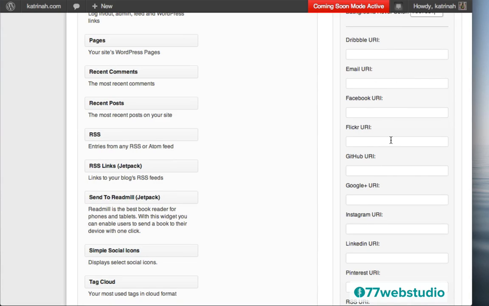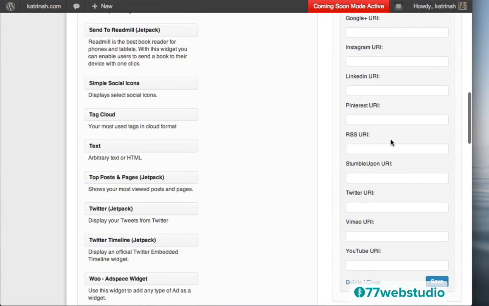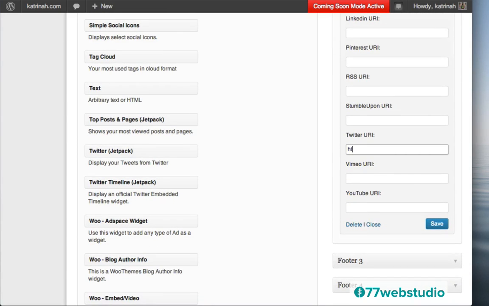And then down below you want to add all the different URLs of the different social networks that you want to feature in the footer. So I think I would like to feature, for example, Twitter. So I'll add Twitter here. And I'd also like to feature YouTube, so I will add YouTube as well. And note that the URL starts with http:// and then the website domain for the social network you want, followed by a / and your actual ID on that social network. So the other one I want to add, let's see, I'll add Pinterest as well.